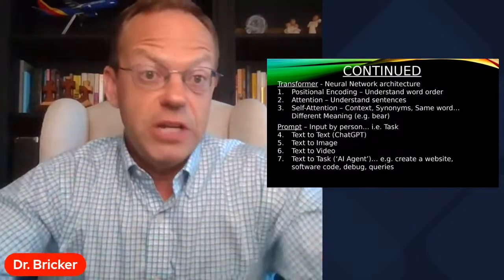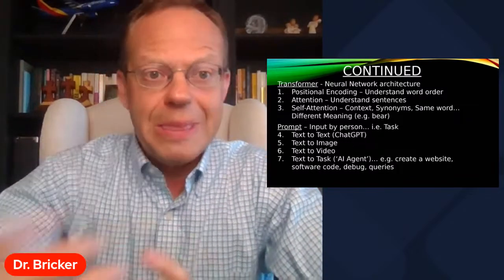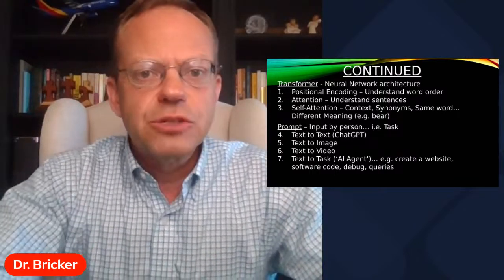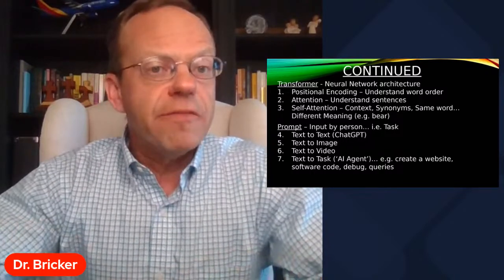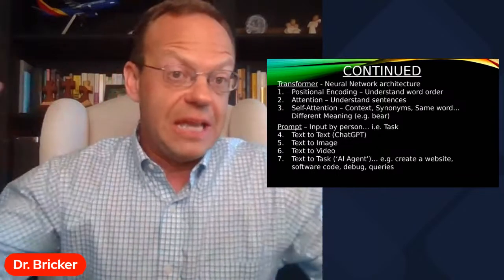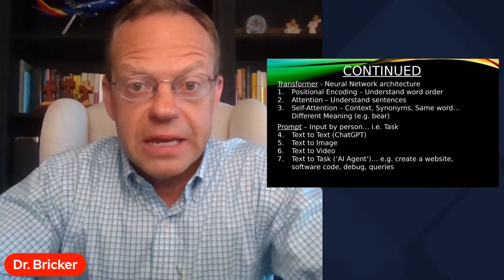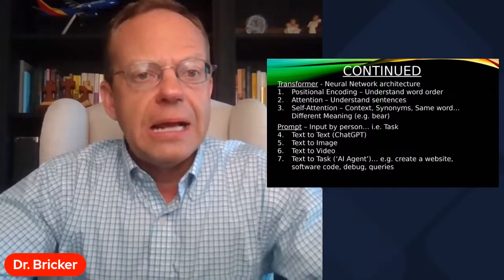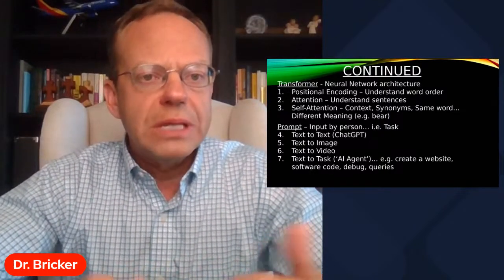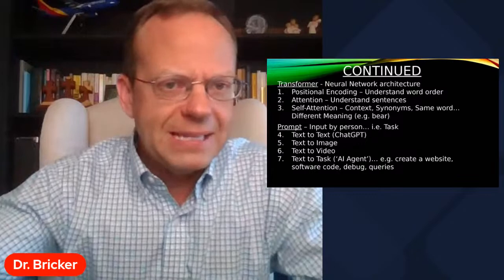And there's text to video. You can literally just type a text describing what type of video you want, and the AI will produce that video for you. And then there is text to task. Sometimes you may be familiar with a term called an AI agent. I certainly see these AI agents described all over Twitter. And so here, you can actually type in a task for the AI to accomplish. So you can literally type into the AI, can you just create for me a website? I mean, your prompt has to be more specific than that.